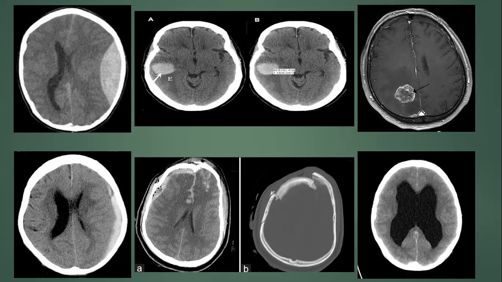So here are the different examples. Here you can see different types of pathologies that can cause intracranial pressure, especially the traumatic causes like epidural hematoma, subdural hematoma, subarachnoid hemorrhages, depressed fractures, cerebral contusions. Then there can be intracranial hematomas. Then there can be intracranial lesions like abscess or brain tumors. And then there can be the hydrocephalus. So these are different pathologies that can raise intracranial pressure.